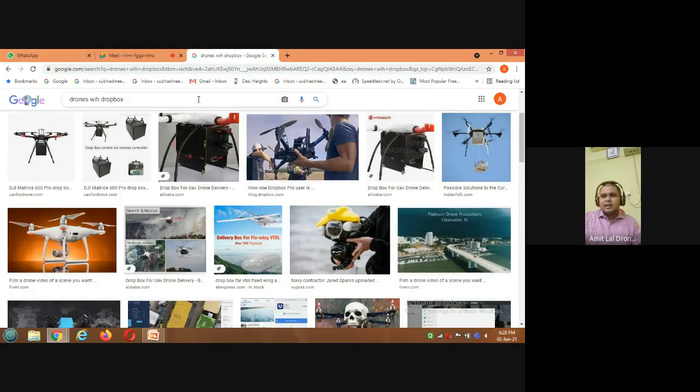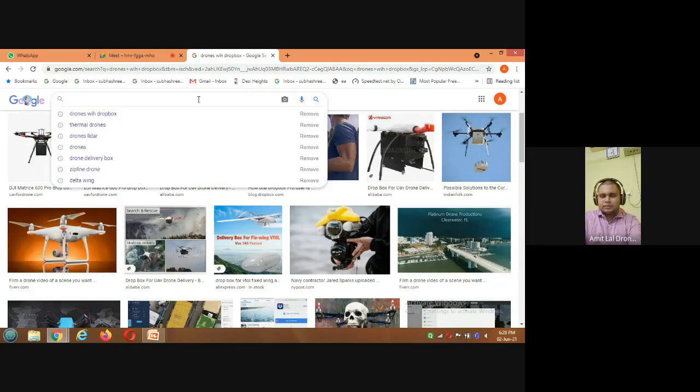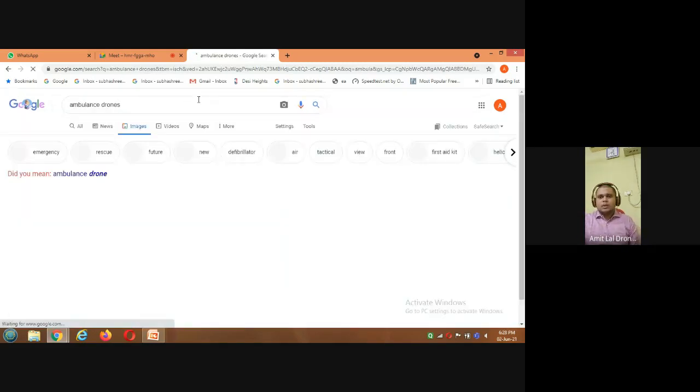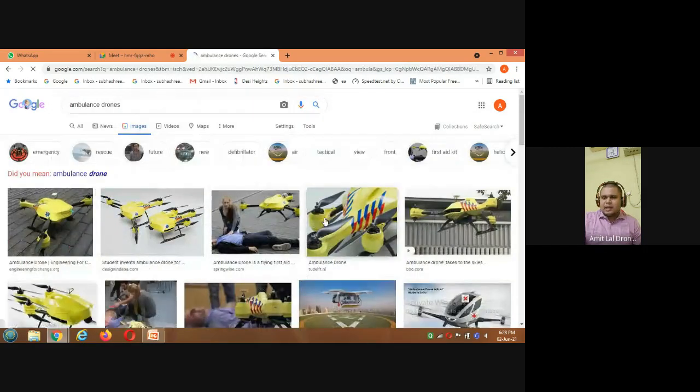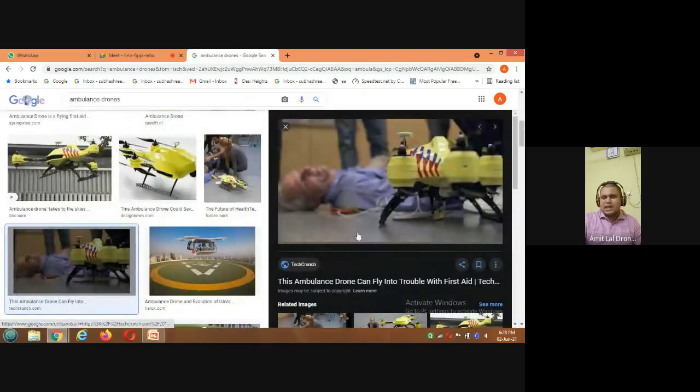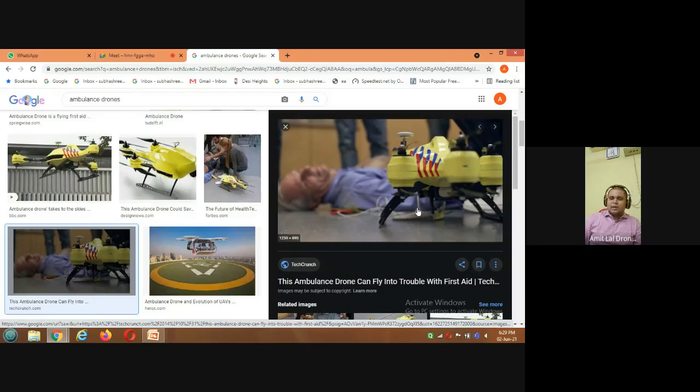Other than that, there are ambulance drones. Ambulance drones are very special, but somewhere they are again the same drones because they have these life-saving payloads, which are the critical care payloads. But again, these are nothing special compared to a normal drone. Just for example, not this drone, but an enlarged drone, and then you attach a few additional things with it, and then it can do the work of an ambulance drone.